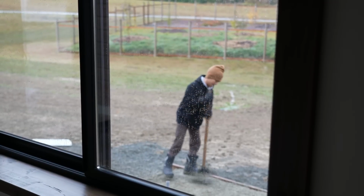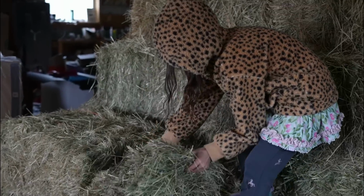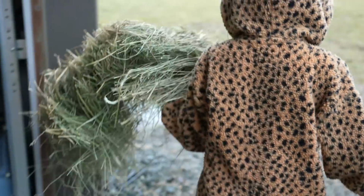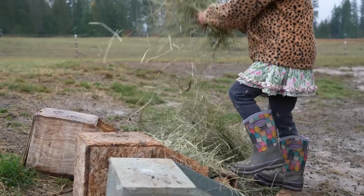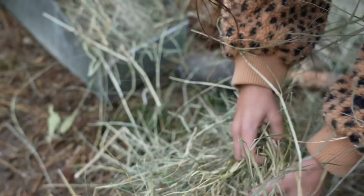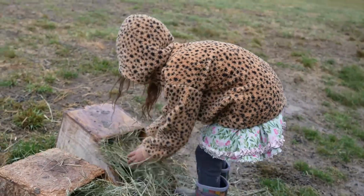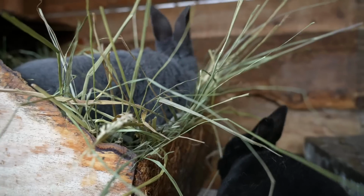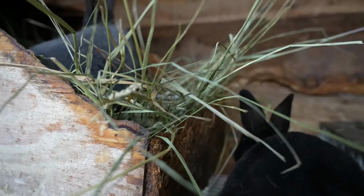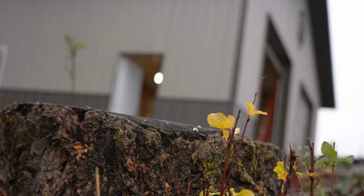Although we are living in the house now, it's not actually finished. We still have quite a bit to do before we can call it complete. But Jeremy's back injury prevented us from getting back to work this week like we had planned. So instead, we all pulled together to prepare the animals and the homestead for the single-digit temperatures that we have coming. I also had a really great excuse to finally pass down a recipe and an experience that my Yaya